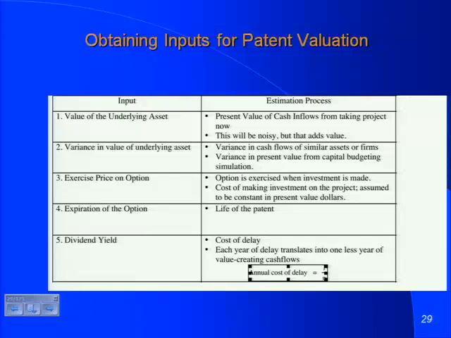That's going to be a second input. For the strike price of the option, the question I'm asking you is, if you develop this patent today, what would it cost you to develop the patent? Which means manufacturing facilities, support staff, whatever you need to invest up front to get the product going. Life of the option, how long do you get this right? You got the patent, it's for 17 years. Right now, there's 17 years left. Next year, there'll be 16. Year after, there'll be 15. So don't keep the 17 fixed as you go through time. It will shrink over time. And here's the last fact.